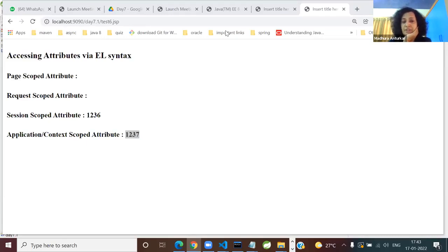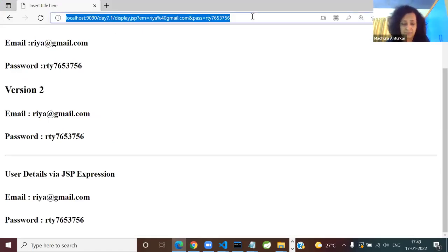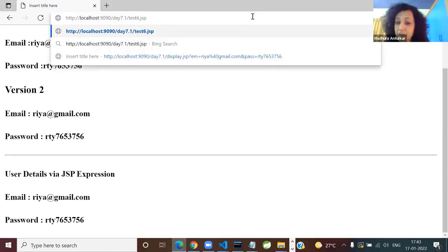That's the output: understanding the scopes in web application programming. Now do something and convince me you're there. I'm giving you very simple instructions. Copy this URL, localhost 8080 test6.jsp, and launch another client. Don't just say enter. You have to tell me: page scope, request scope, session scope, application scope, which one will be visible? Which will be blank? Which will not be blank? Another client accessing test6 directly. What is your guess? You're not supposed to run it. You're just supposed to apply your mind to it.